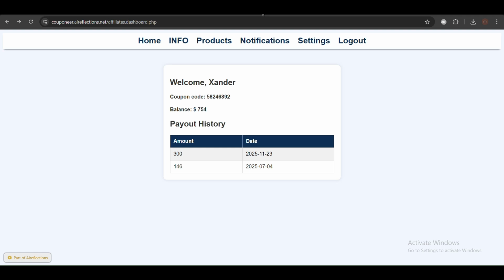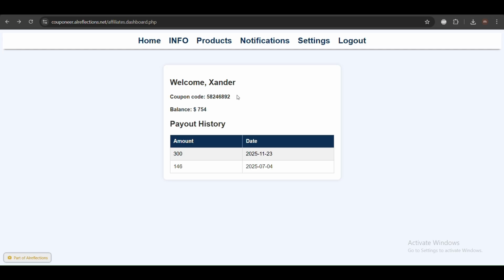Today, I'm gonna show you how to start making money from using Couponia and your social media profiles. So I'm gonna show you how you can promote Couponia products on your social media to start making money. So first of all, you will need to log into Couponia, and the home page will look like this after